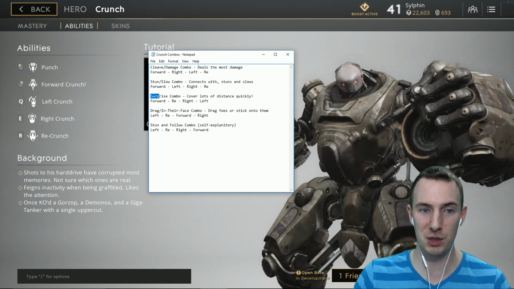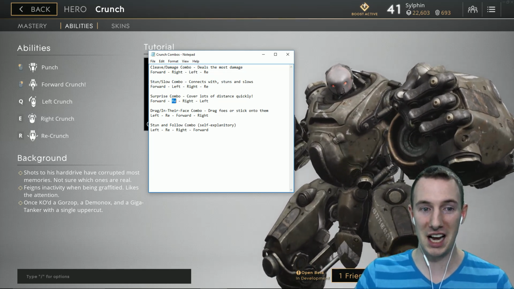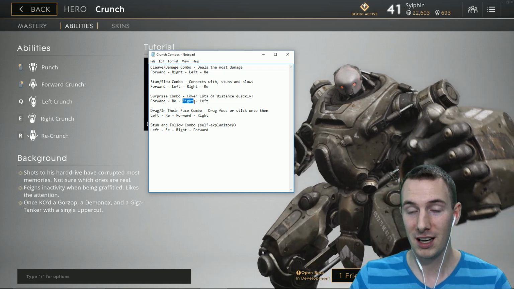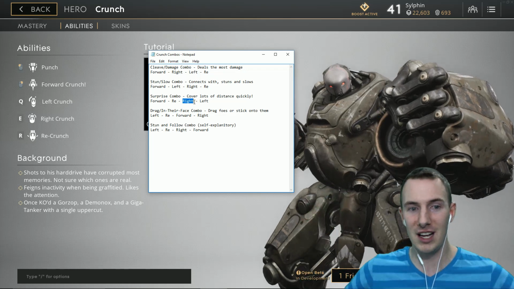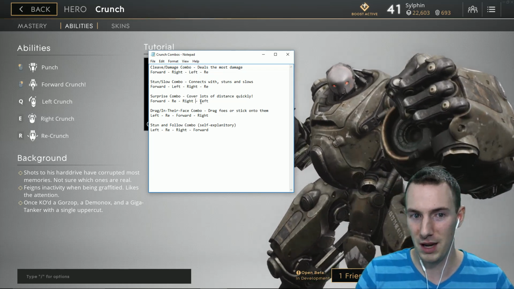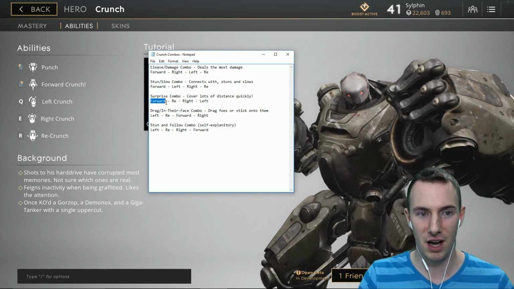The next one is the surprise combo. You cover lots of distance quickly. You can dash forward again with re-crunch, have an empowered ability, right to knock them up. So you'll dash twice and they'll be like, holy smokes, a crunch is right in my face, and then you give them the uppercut to knock them into the air, and then as they're in the air, you hit them with a basic attack, and then you left for a whole bunch of damage. So basically you've initiated with relatively not...